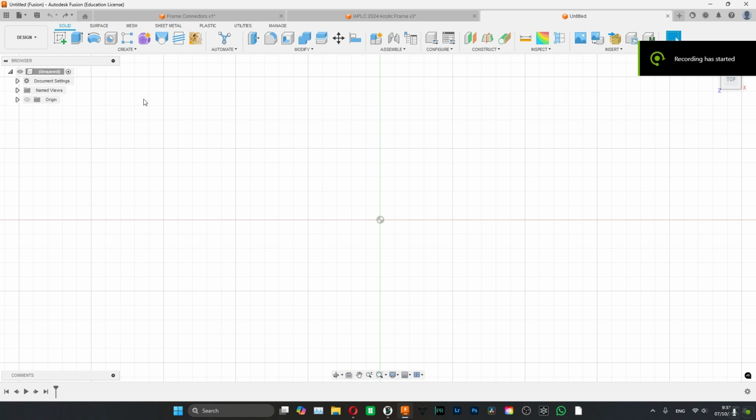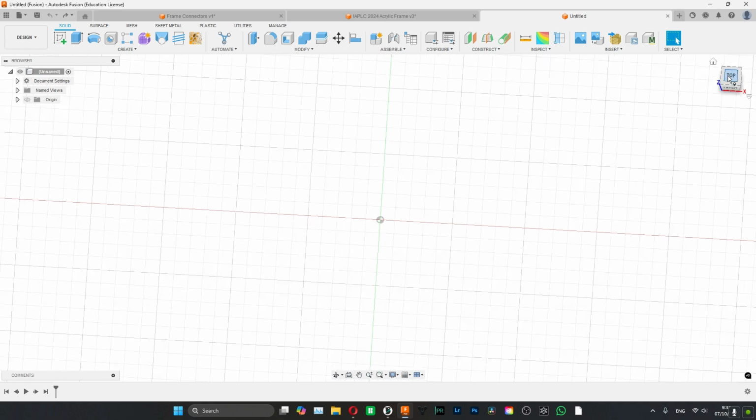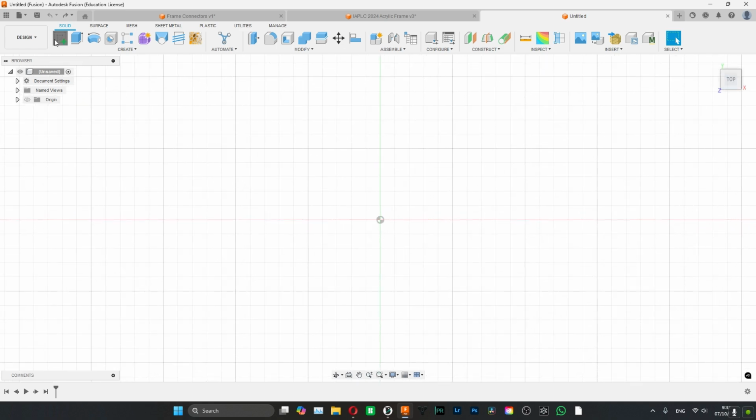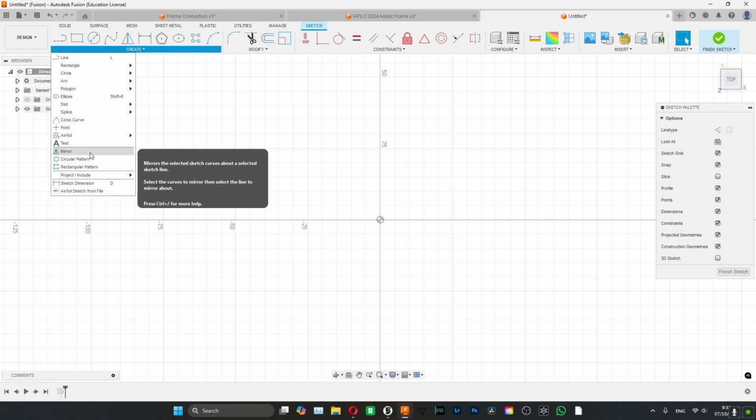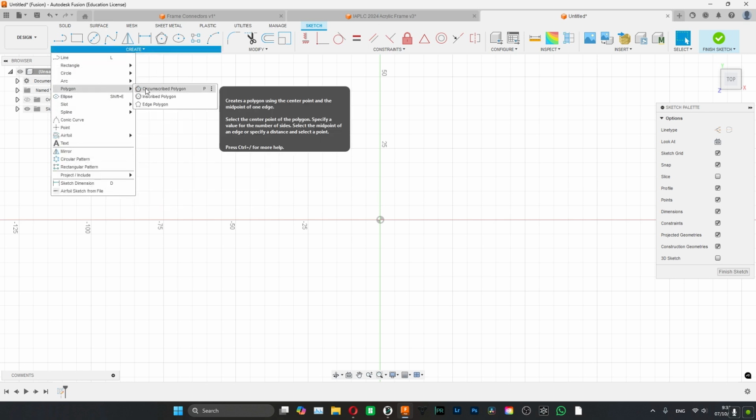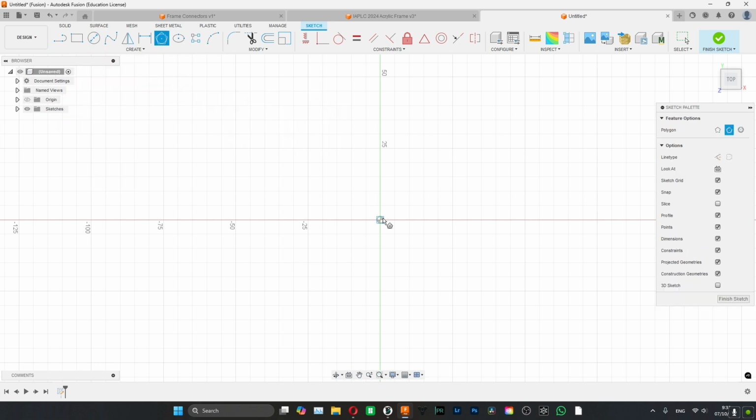So to make a hexagonal pattern in Fusion 360, start by selecting the plane you want to make this pattern on. Create a sketch on that plane. Then go under the Create tab and select Polygon, Circumscribed Polygon, right here. You can see under Arc. So place your first hexagon on the center point,